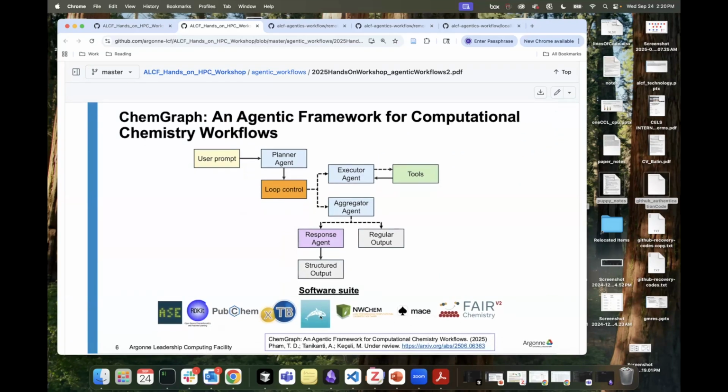So here then I'll let Teng take over and describe some of the work that they've been doing at LCF to build an agentic framework for computational chemistry. Yes, thank you, Riccardo. Can you hear me well? Yes. So in this figure, we're showing a demonstration of ChemGraph, an agentic framework for computational chemistry workflow that